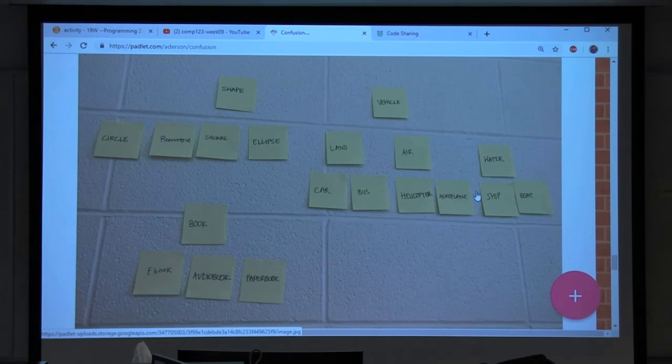Team number 4. Was that the idea here? I mean, because I see a straight line here. So ideally, the car would be in the same line as the bus, because the bus is not inheriting from car. So the only thing that I would change here a little bit would be to put them like this, to keep the same hierarchies. Okay. Any question about that one, about the vehicle one?